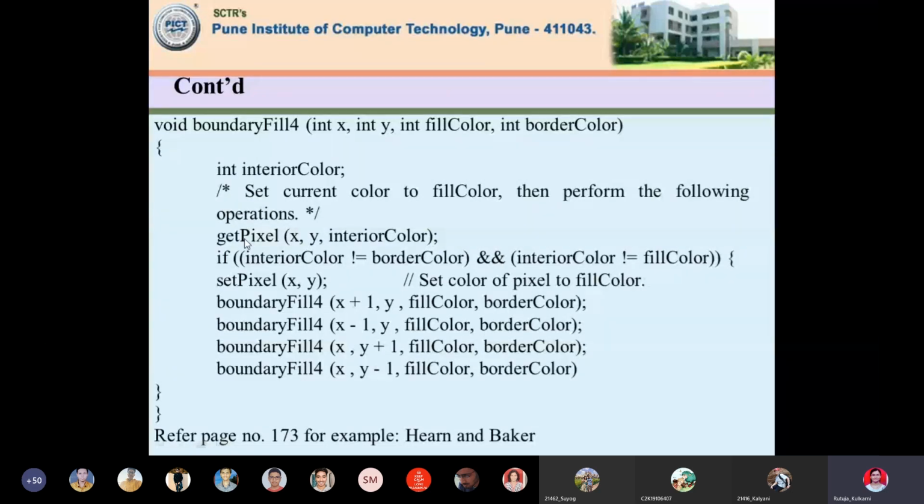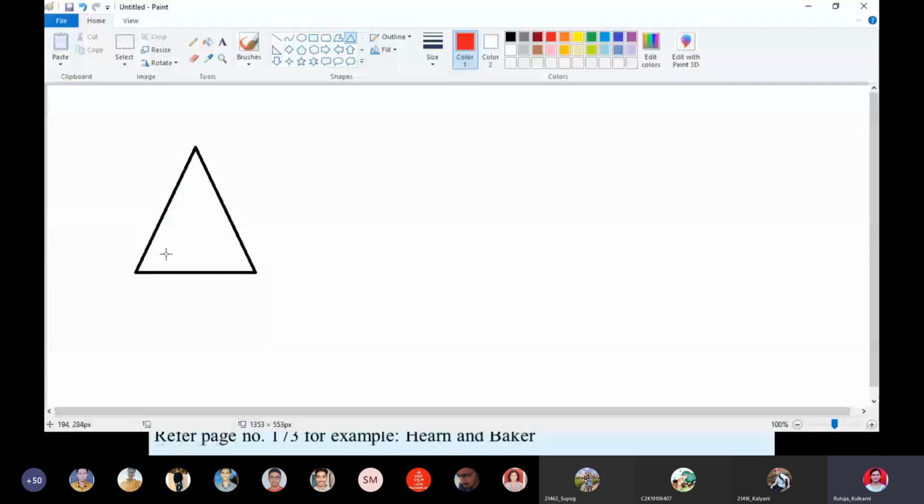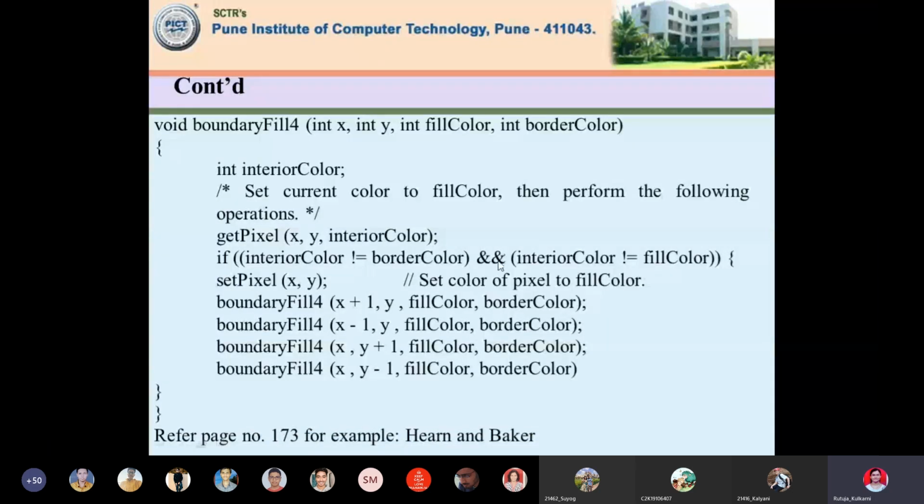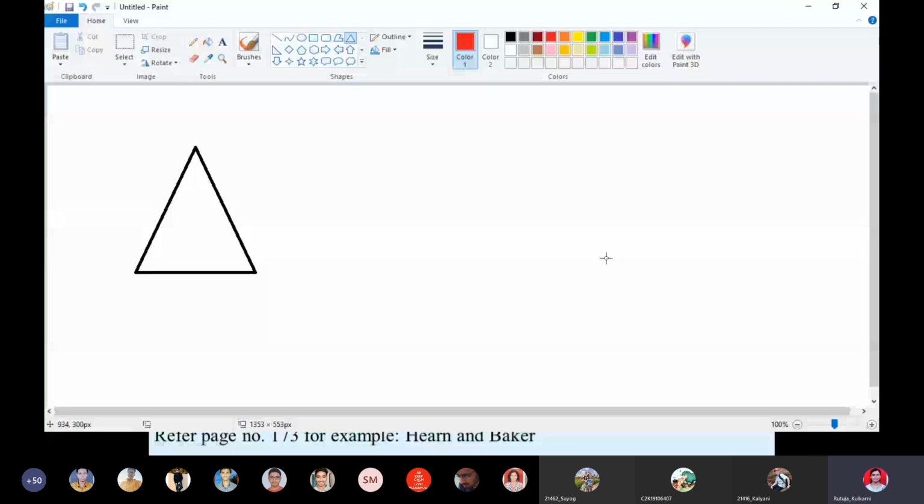Now check if interior color is not equal to border color. Interior color is white, which we have chosen. It is not equal to the border color because the border we have drawn in black color. Yes, the condition gets satisfied. Then interior color should not be equal to fill color. What is our fill color over here?